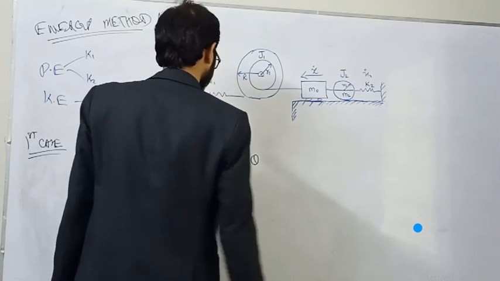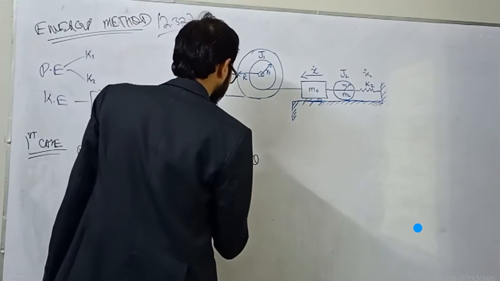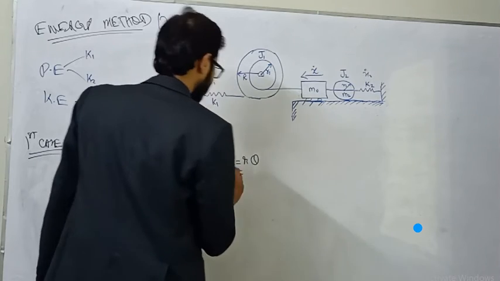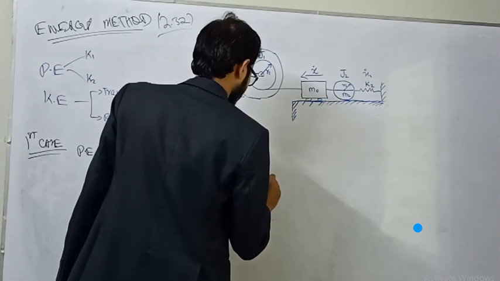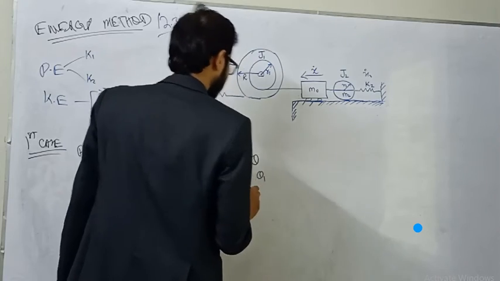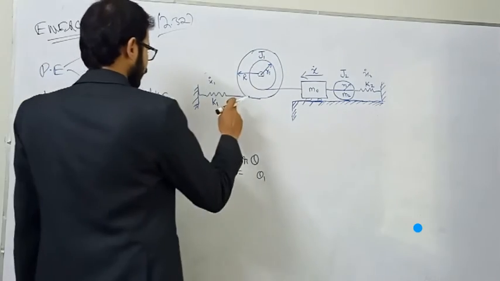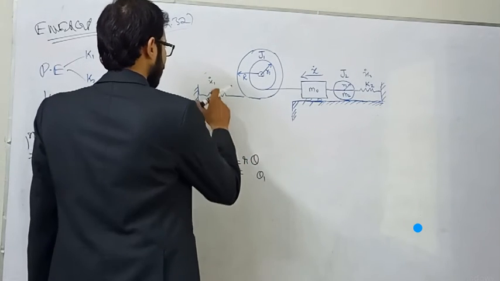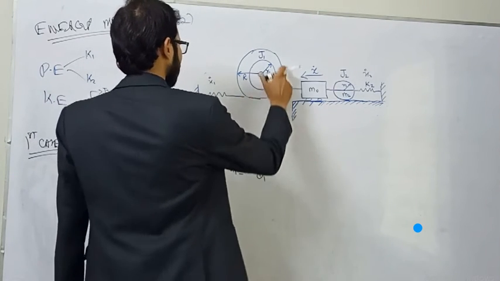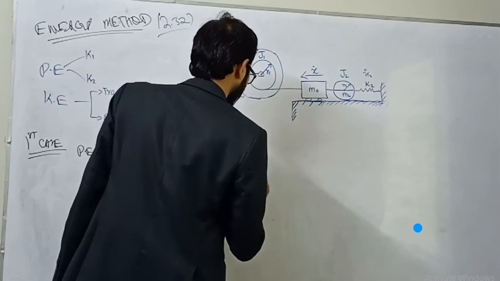And in this case, we can again see that if it is x1, then we can write it as x1 is equal to r1 theta 1. So what will be r1? Because we are comparing x equal to r theta, we want to calculate x1, and x1 is going from the larger radius, capital R. So we will use capital R into theta 1.